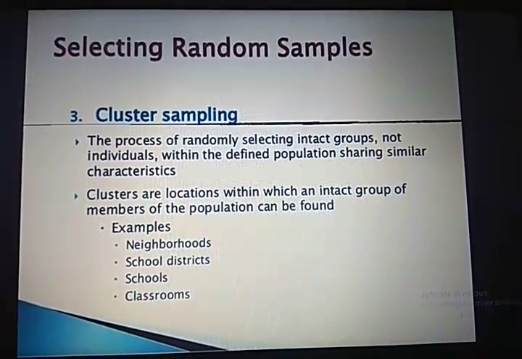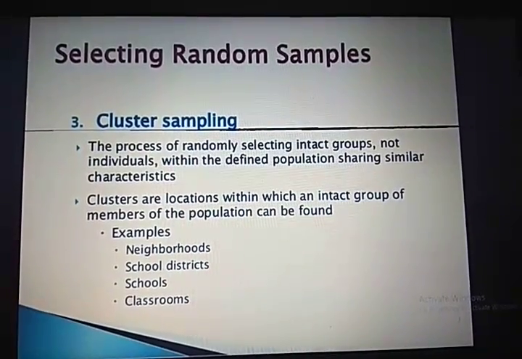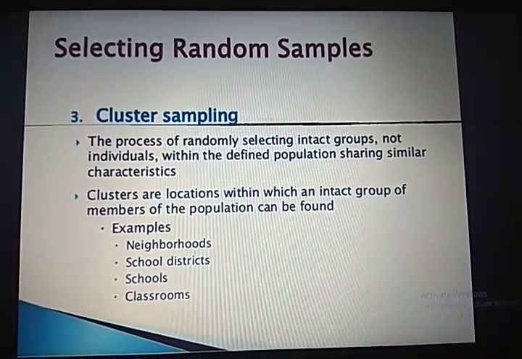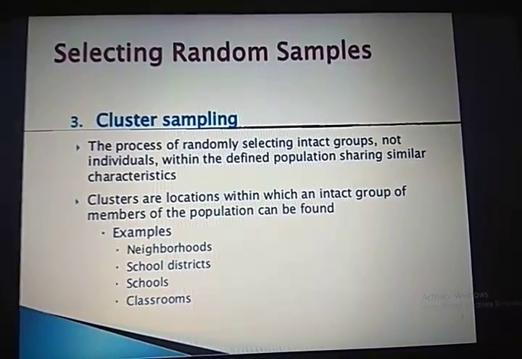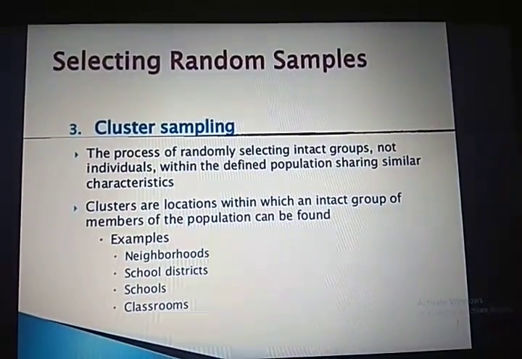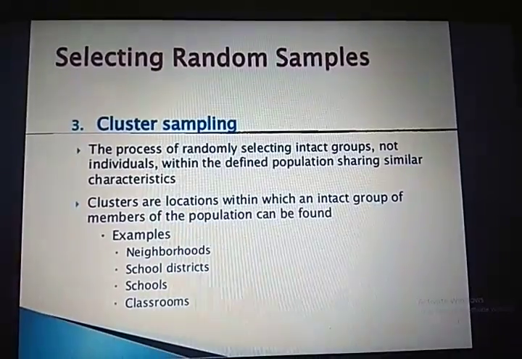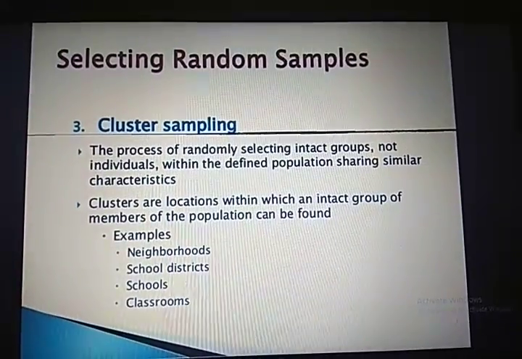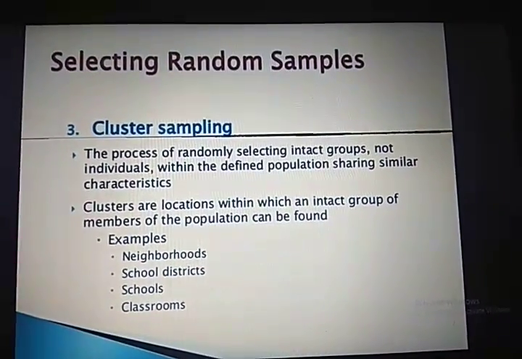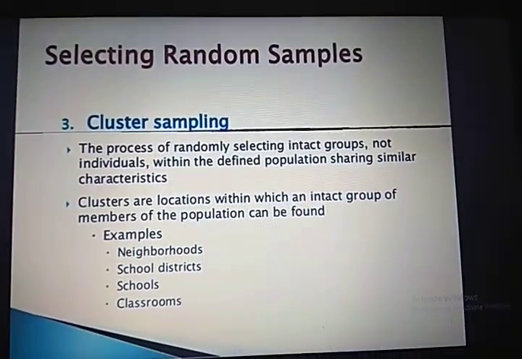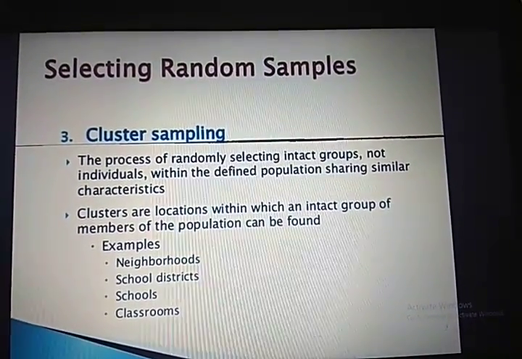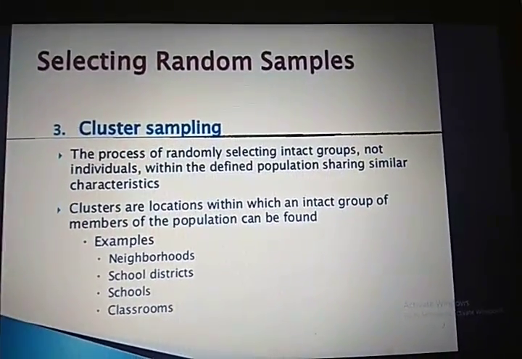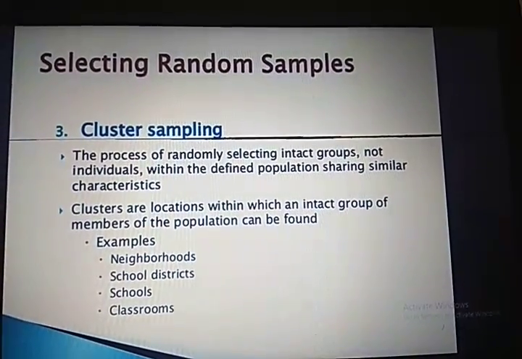Suppose we are interested in obtaining the income status of households of rural areas of Uttar Pradesh. If there are about 100 villages, then obtaining a list of all the households may be a difficult task. So under the cluster method, it is possible to divide these 100 villages into different clusters such that they are homogeneous between themselves, like by including some villages which are economically weaker and some with a sound economic background. So if 15 clusters are formed in this manner, then out of these clusters we can select some clusters, say 2 clusters at random, and all the households of villages covered by these 2 clusters will form a cluster sample.